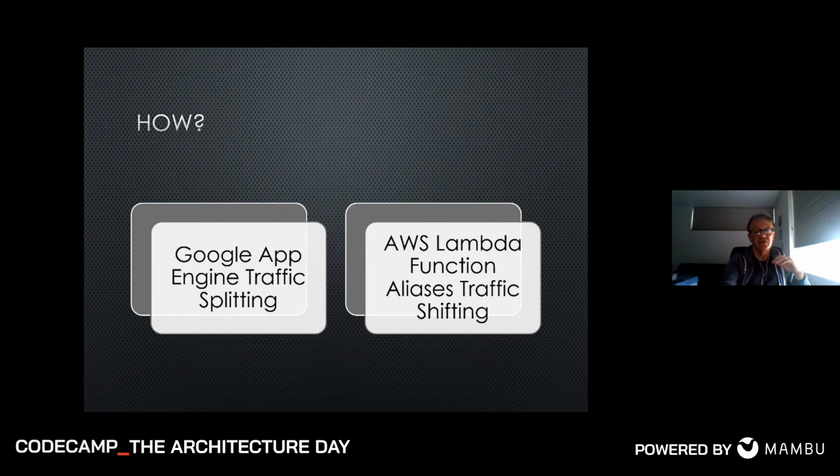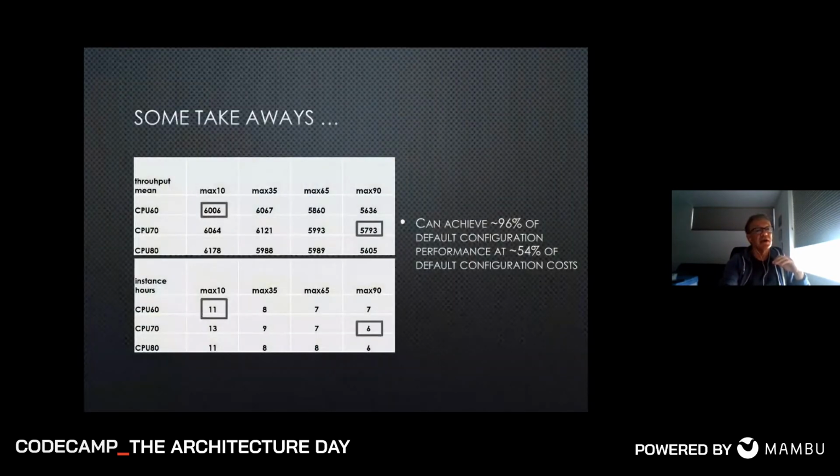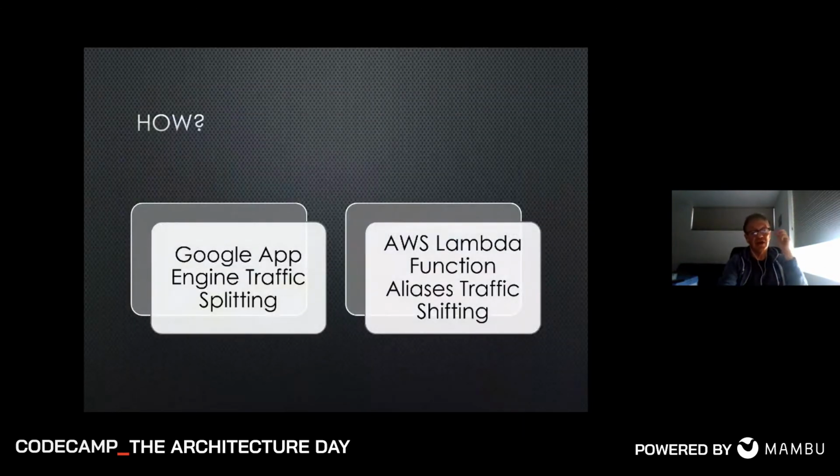So you could envision, for example, deploying each of these different deployments as a particular version and then splitting the traffic across them, monitoring the amount of cost and performance that you get, and then just closing down the ones which are expensive or slow, and then keeping alive the ones which are giving you the best price performance ratio. And that's relatively easy to do with Google App Engine and the monitoring APIs that are available.